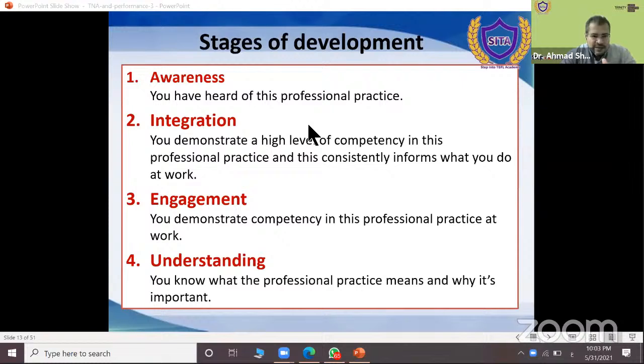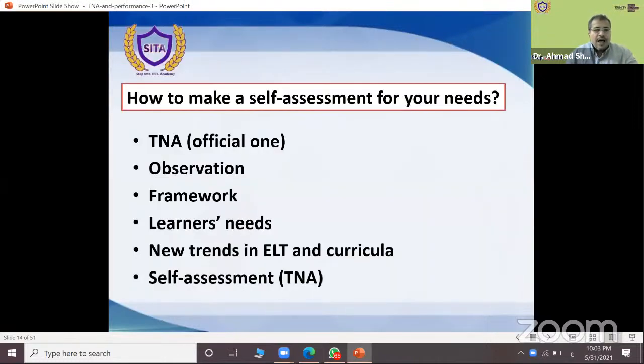Awareness, you got the idea, you may have training, after that integrate it in your teaching. Engagement means you use it in a more advanced way than understanding, which now you are some sort of expert. The next slide, Ms. Summer, please. How to make a self-assessment for your needs. Maybe you have an official one. Maybe at your school, you have an official TNA, which is done by your supervisor, your principal, whatever, okay?